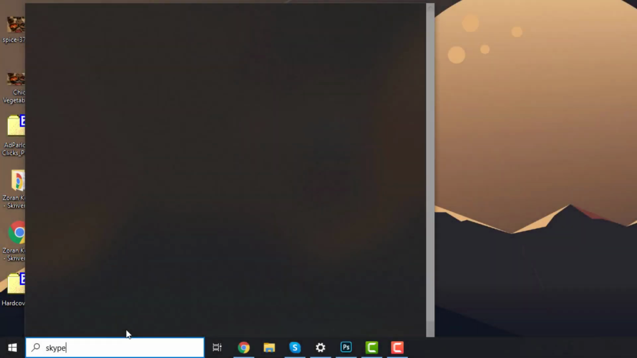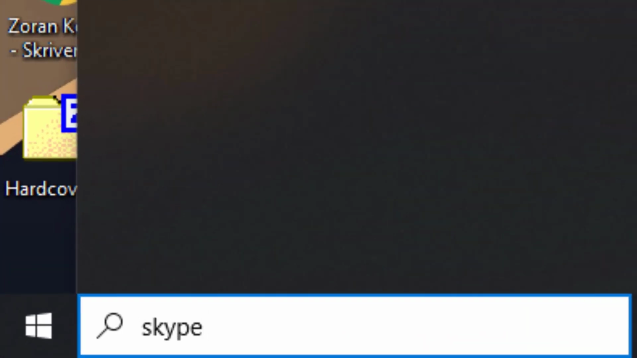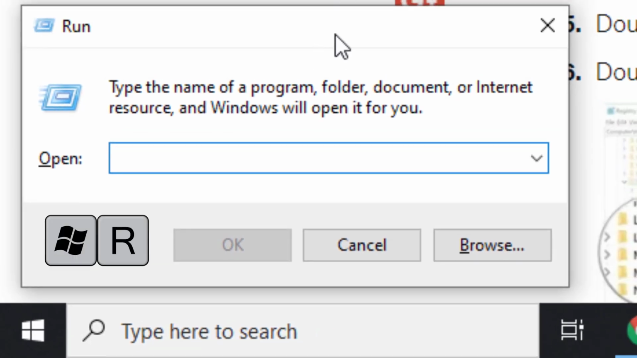When you try to type something in the Windows Start menu search bar, nothing happens. You have these steps in the description of the video, so to fix this problem, press Windows key plus R, type regedit,